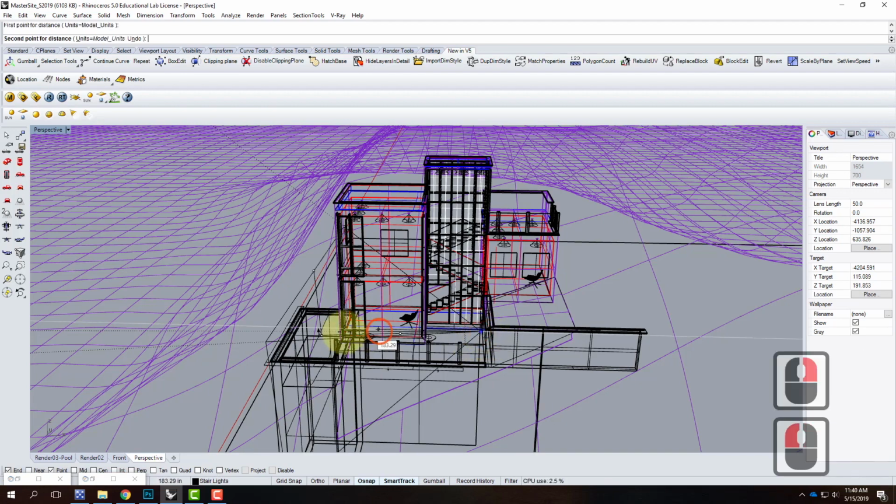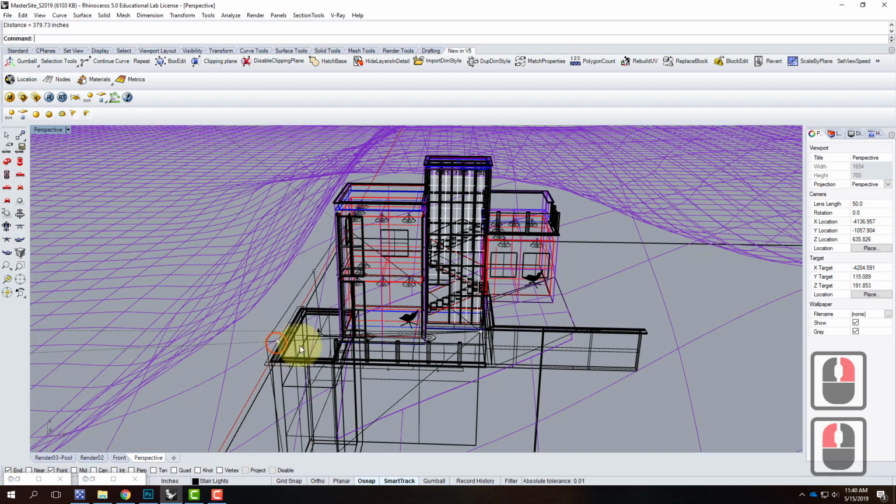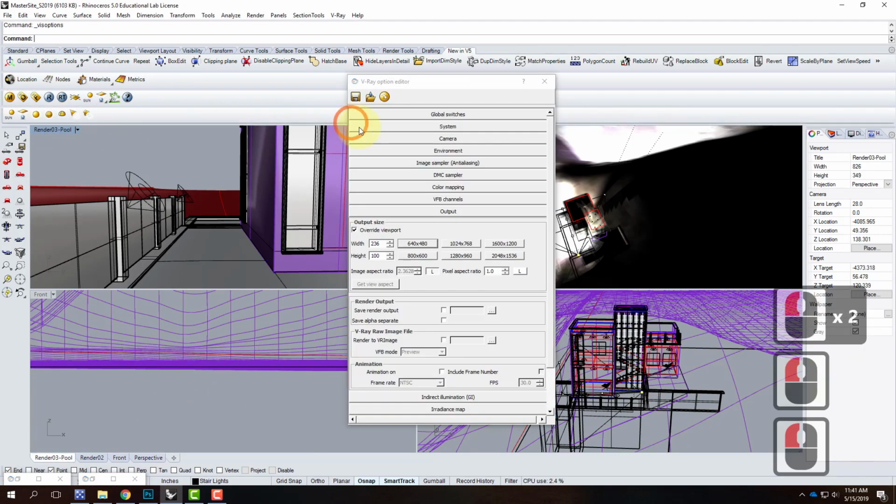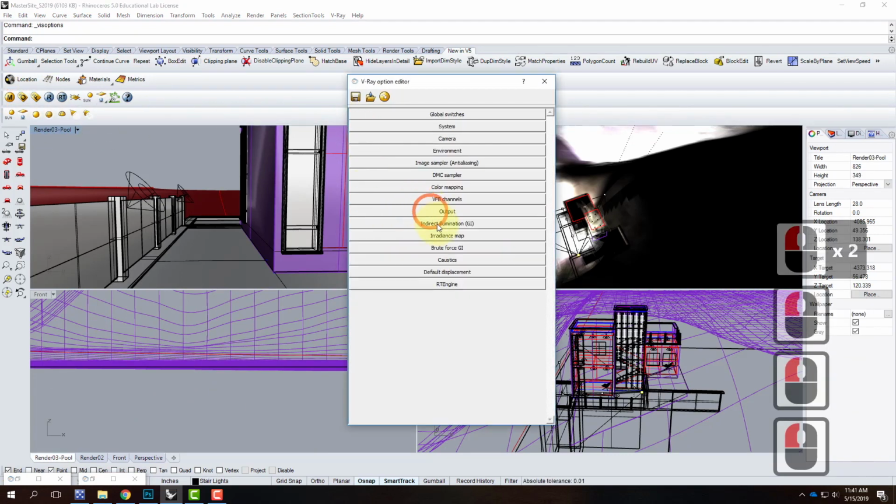And my far object is way out here at the end of my patio. That's at 380 inches. So I have a 50 and 380, which I just wrote down. Now I'll go back to this view. I'll go into my V-Ray options. I'll go back to my